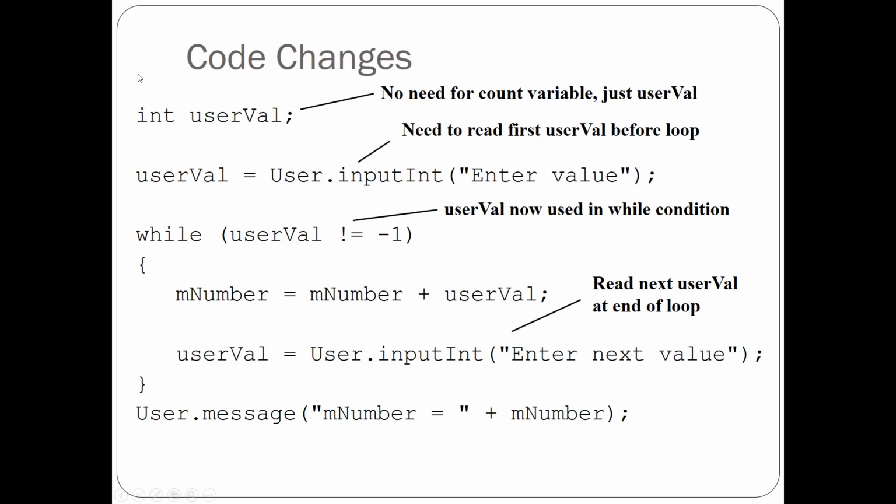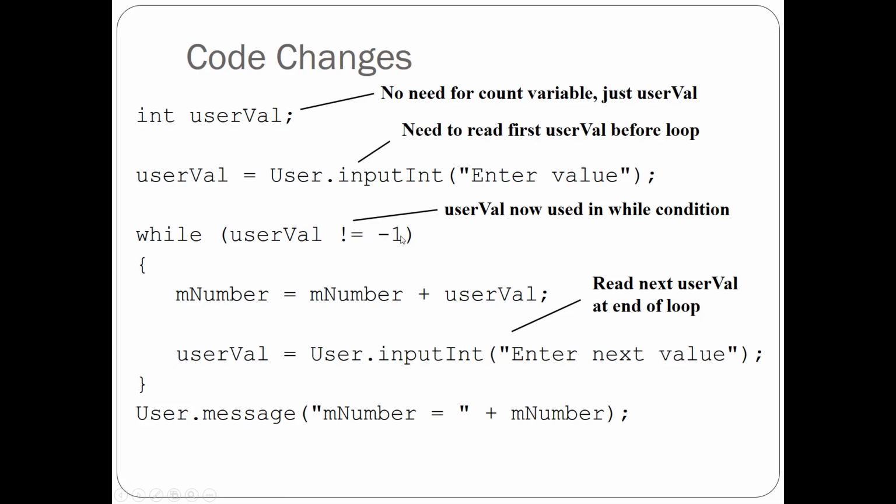In the majority of cases though, what we do is we type in our first value, could be 10 or 20 or anything, as long as it's not -1, and then we say while the value of user val is not equal to -1, then we get the first value that we typed in and we add it on to the running total, which was number. We've added that value in the running total down here, and then this line is a repeat of this line, but it's stuck within this while loop. So we ask for the next value, store that in user val,